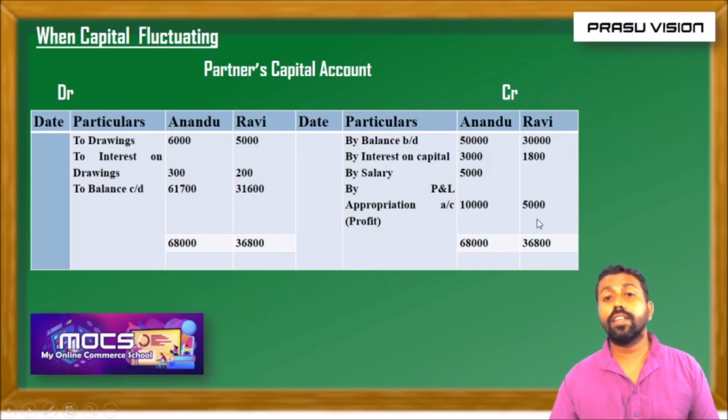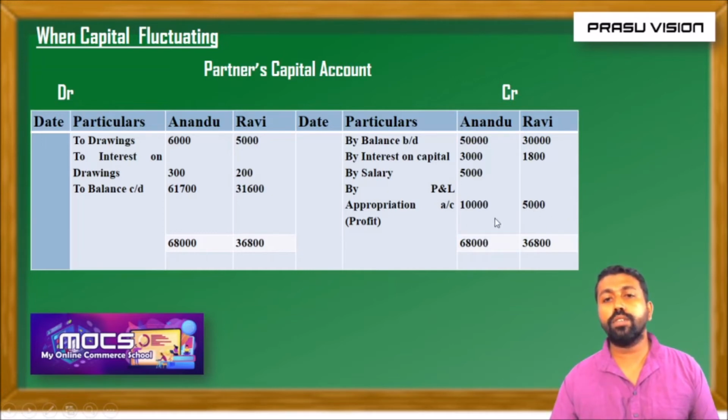If it is before adjusting 15,000, we have to deduct the amounts of interest on capital and salary, and we have to add interest on drawings. But there is no need of any confusion, because it is directly given in the question. After adjusting interest on capital, interest on drawings and partner salary, the actual amount of balance in profit and loss account is 15,000. It is shared in the ratio 2:1.